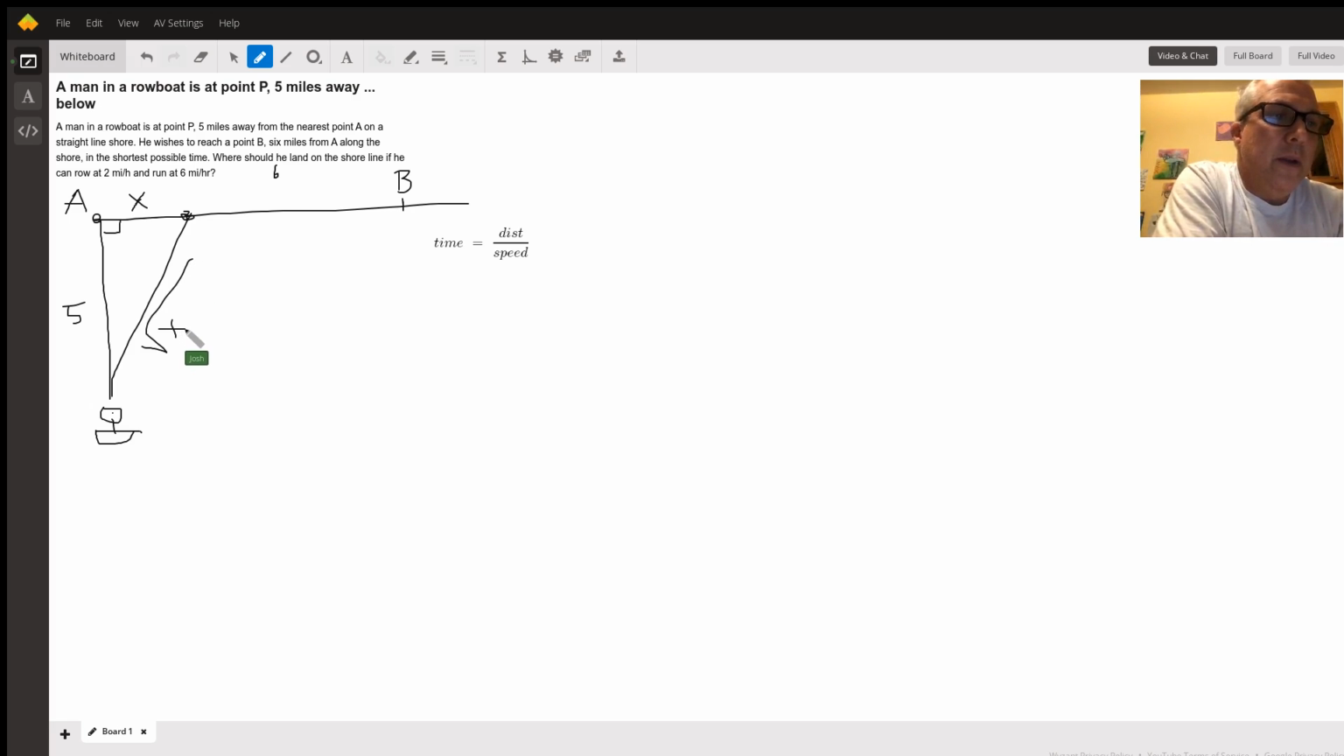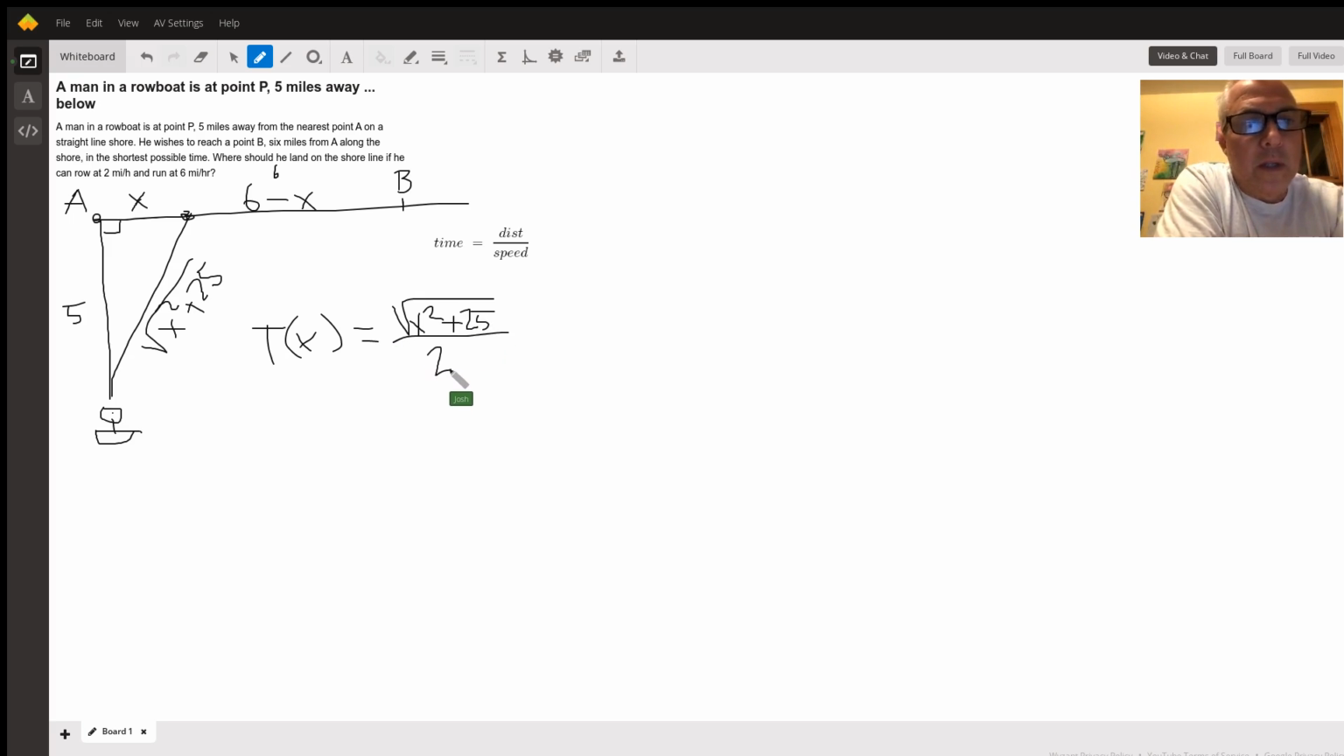And using Pythagorean theorem, that distance is going to be the square root of x squared plus 25. Now here, the shorter distance that he has to run along the beach will be 6 minus x. And so, because you know his two speeds, we can define the function. The time as a function of x is going to be the time he spends rowing, which is the distance he rows, again, square root of x squared plus 25,